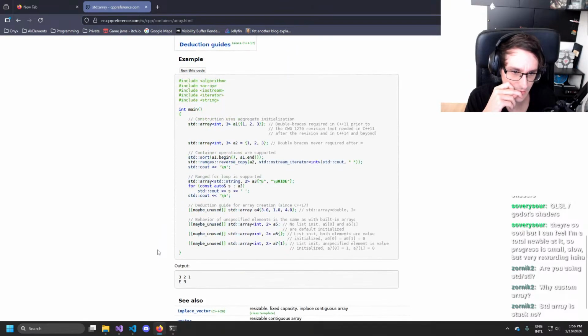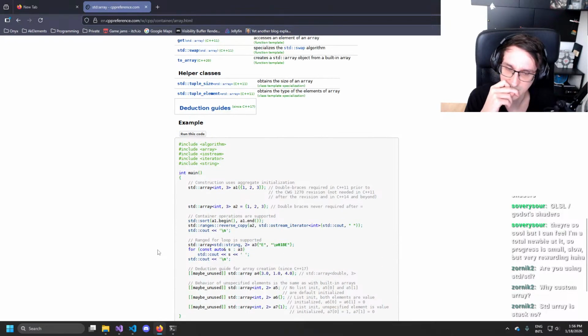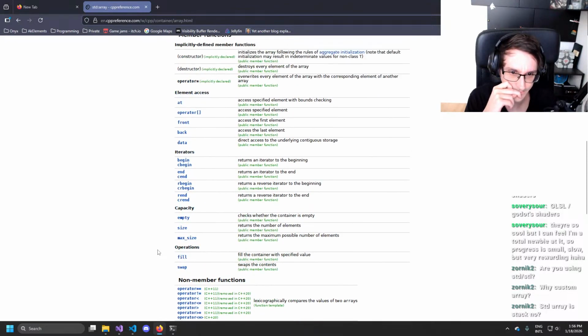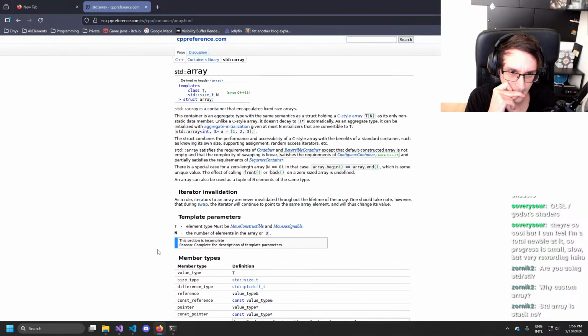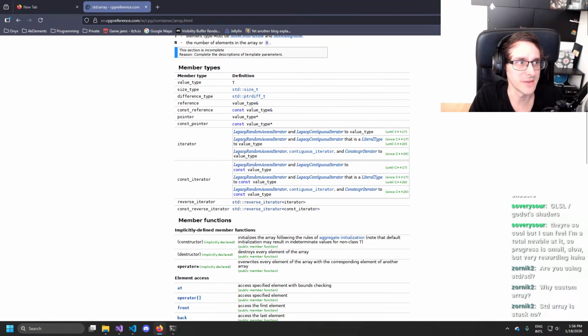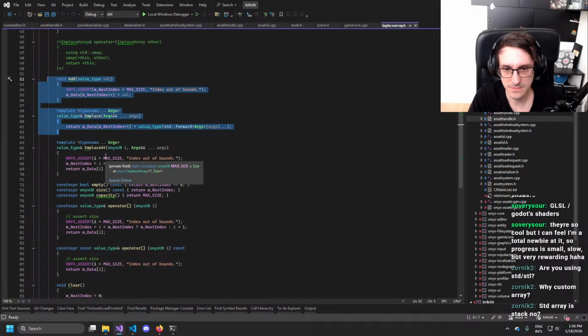I mean, I guess you could do it with a range or something like that. Range algorithm maybe. Like an insert or something like that. So I guess that's the biggest difference now that I have this in place and add.